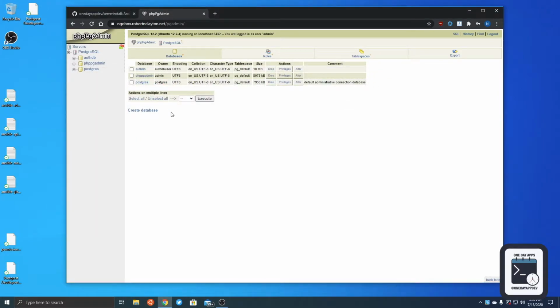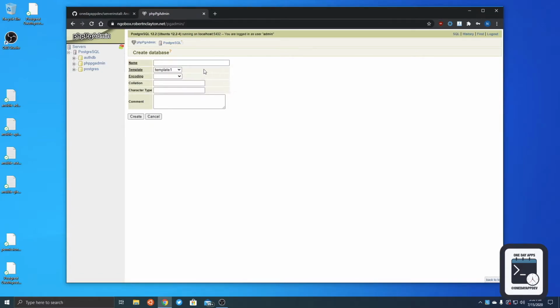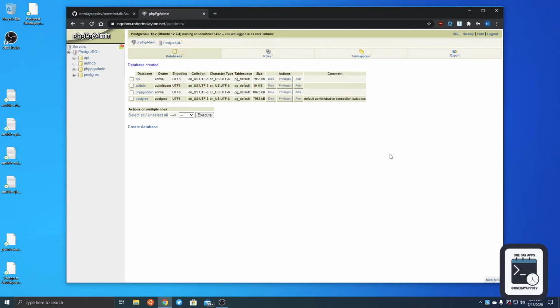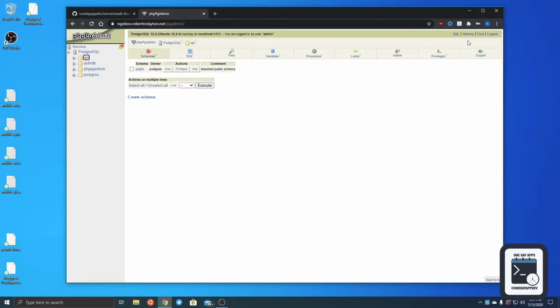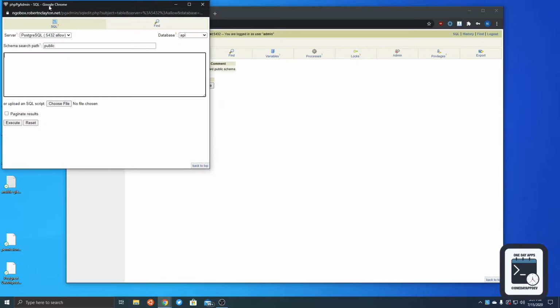And once we've got those, let's create a database. We're going to call it API. Template 1 is fine. You can leave that as it is. So create that. And with the API database created, let's click on API, click on SQL,